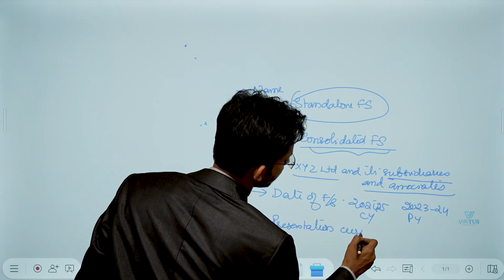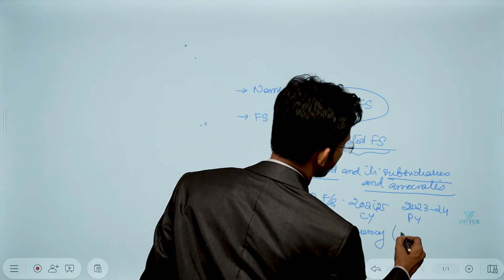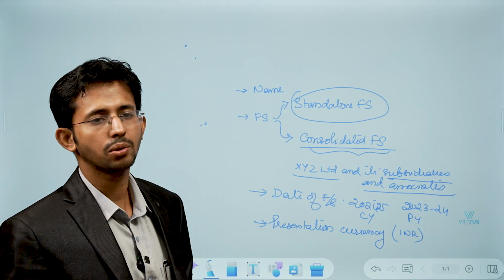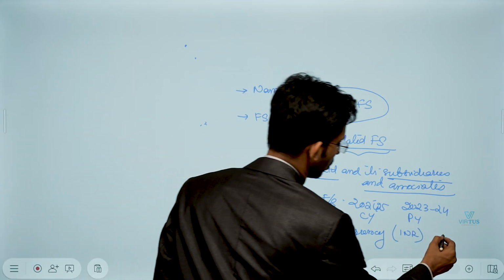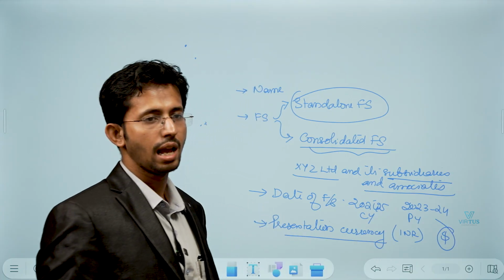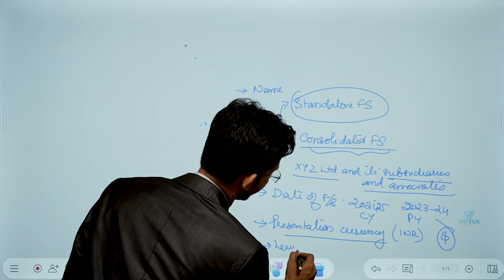In which currency are we presenting the financial statements? If it is in India, the financial statements will be in INR. For some global financial entities it may be in dollars, US dollars or UK pounds. So the presentation currency has to be reported. And you also have to mention the level of rounding